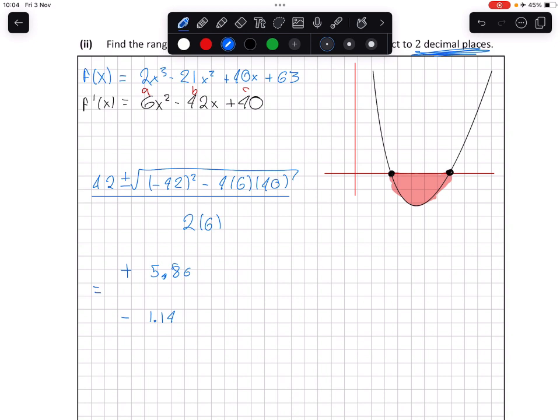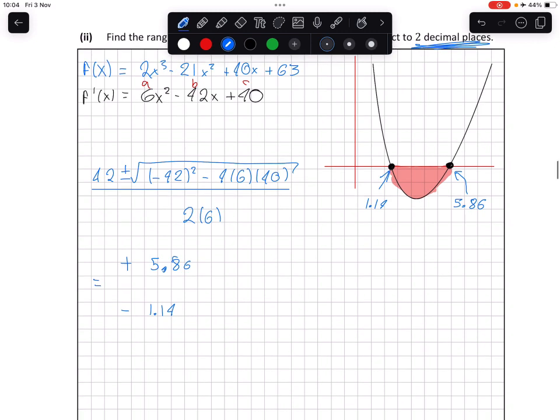So what does this mean? That means if we look at the graph, right here is the point 1.14, and right here we have 5.86. So x anywhere in between these two is going to give us a negative value, otherwise the function is going to be positive. So how do we write this out? Well, we take our x, and it has to be strictly less than 5.86, and it has to be strictly greater than